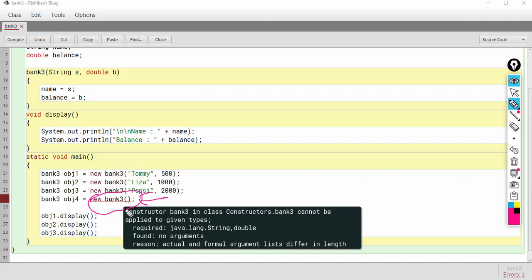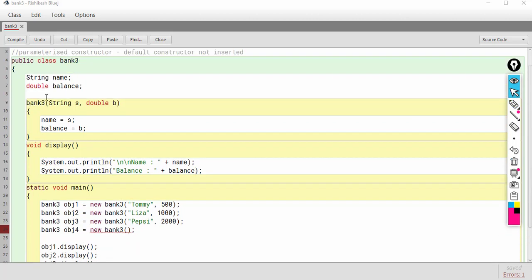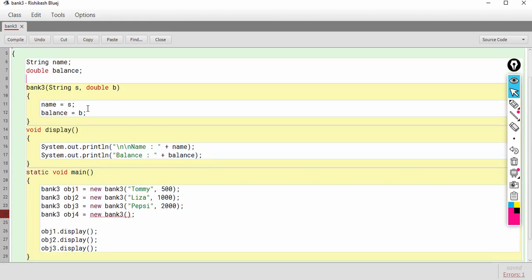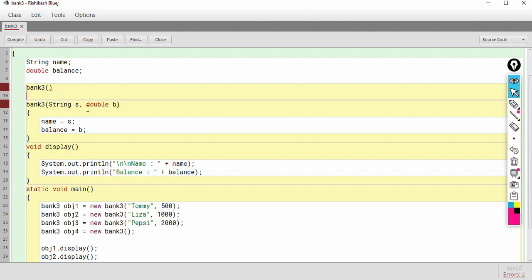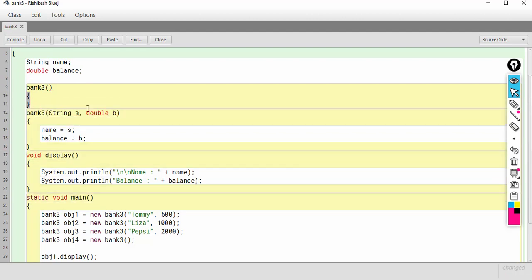So remember this point, whenever you insert a constructor, the compiler will not insert any constructor. So to solve this kind of problem, we can create a blank constructor with no parameters. So bank3, open parenthesis, close parenthesis, then open curly brackets, close curly brackets.